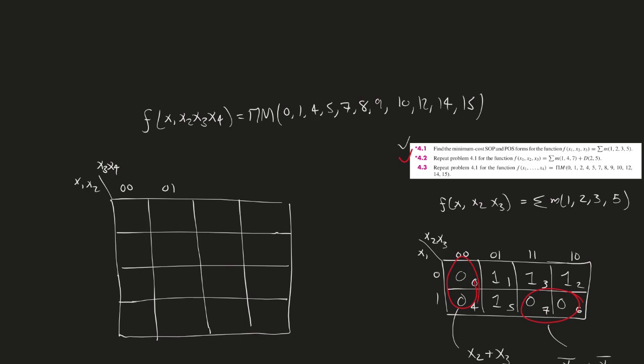Okay, so this is 0, 0, 0, 1, 1, 1, 1, 0, 0, 0, 0, 1, 1, 1, 1, 0, and 0, 1, 2, 3, 4, 5, 6, 7. 8 is down here actually. 9, 10, 11, 12, 13, 14, and 15. So since this is a product of sums, these are the values where it's going to be false, so it's going to be 0. If it was a sum of products, so lowercase m here, then these will be the regions that will be